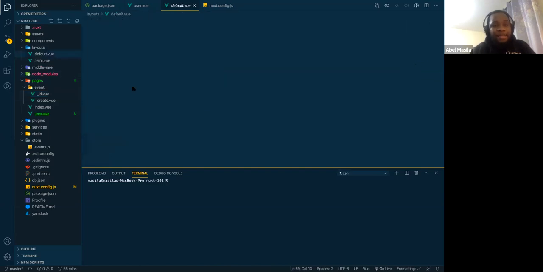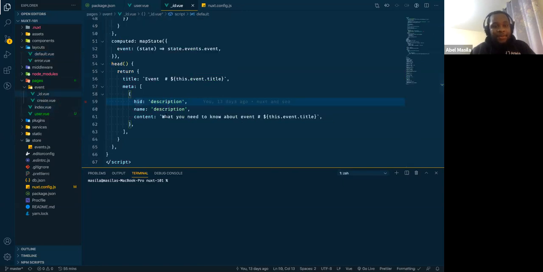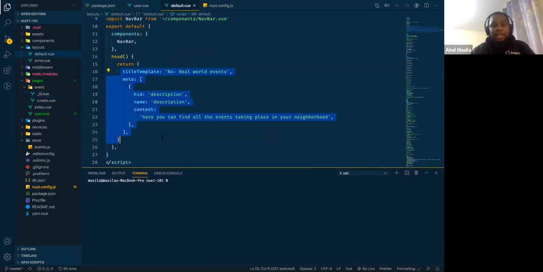Initially, the markup is here. You can find all the events taking place in the neighborhood, but it is being changed here to the content. The event name is dynamic. So this is the power of this thing. You need to add this. If I did not add this, this meta information will be the same as the one I have in my default layout. It will not change any bit.